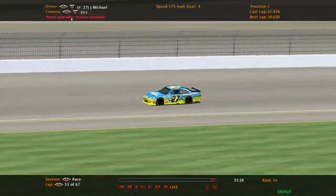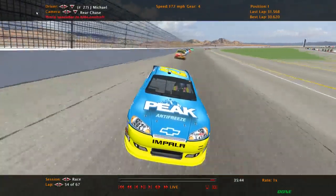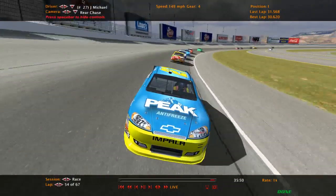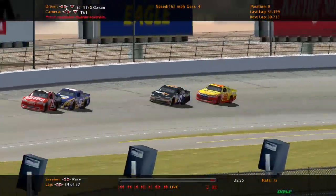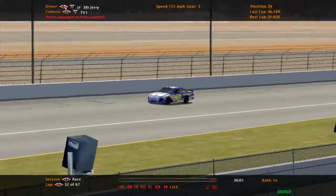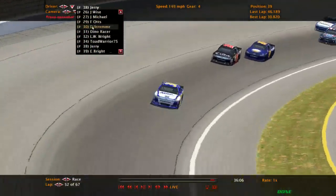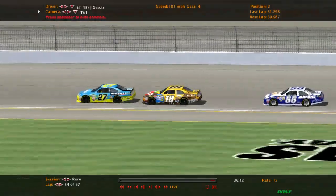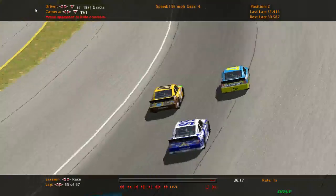Jake Michael, you remember how small those cars were in his rearview mirror some laps ago? Whoa, who is that on the bottom lane? Is Jerry really making his pit stop that early, or does he have an issue? I think that Jerry genuinely short pitted that early. But Jake Michael is still out on track, and he's got a rear bumper full of Juan. And Juan is going to make his move